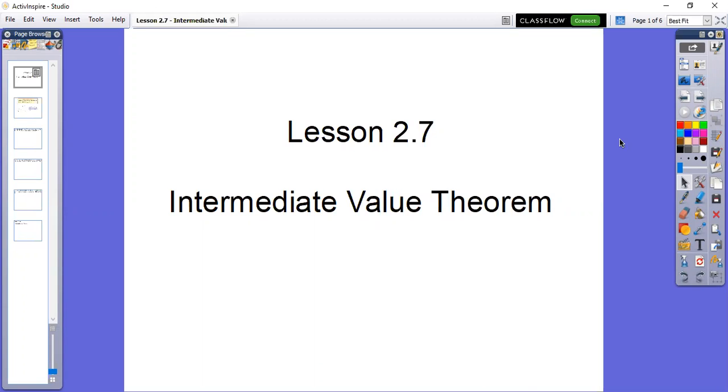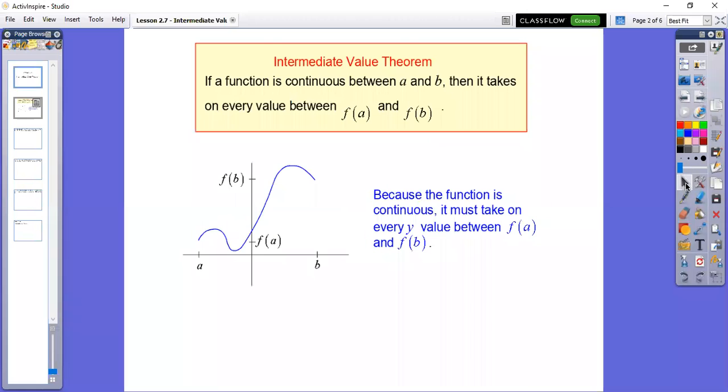So last time we talked a little bit about continuity, and continuity is one of the key features of the intermediate value theorem. So now that we understand a little bit about continuity, let's talk about this theorem and how it can help us prove things about functions. So let's get cooking. So the intermediate value theorem, what it says is that if a function is continuous,